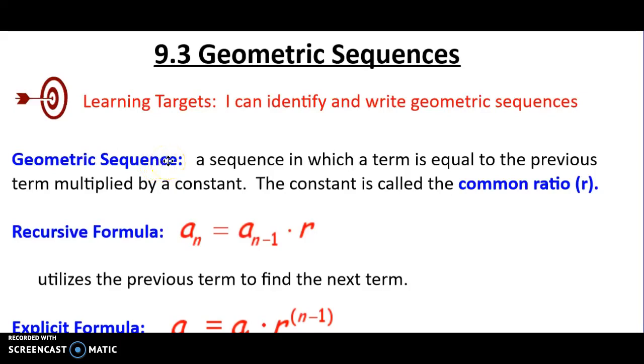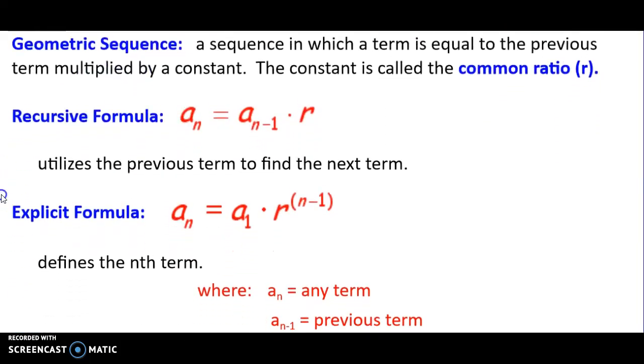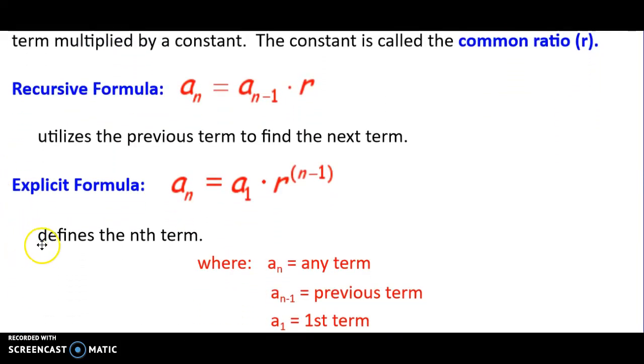A geometric sequence is a sequence in which a term is equal to the previous term multiplied by a constant. That constant is called the common ratio. The recursive formula, or the formula that uses the previous term, is a sub n equals a sub n minus 1 times r. And the explicit formula, which means you can define any term in the sequence, is equal to